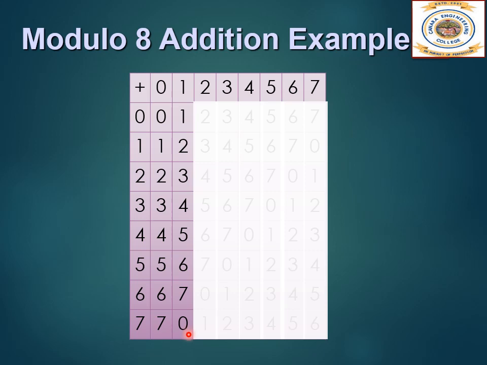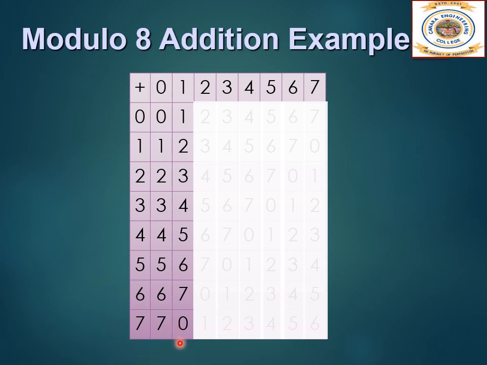But what are we doing? We are doing a modulo addition of 8. So whenever we get 8 or more, we have to divide it by 8, right? Then the remainder we have to write. So when I divide 8 by 8, what is the quotient? Quotient is 1. What is the remainder? Remainder is 0. So that is the entry done over here.